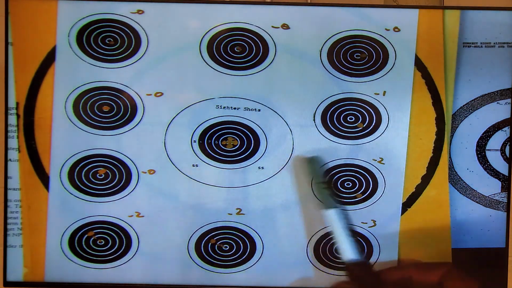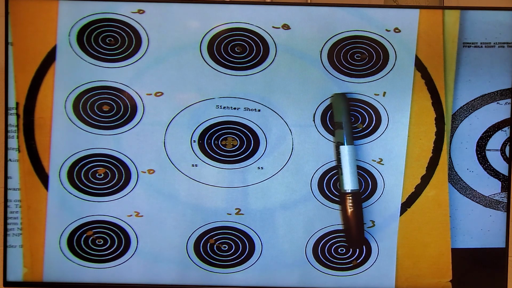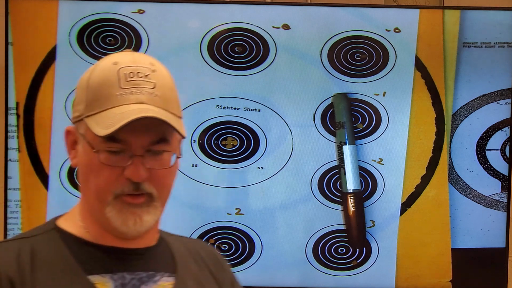All right, but that's what you need to do: pay attention to your target and fix it as you see problems developing. All right, we went over a lot of stuff in here today. We went over calling your shots, we went over adjusting your sights, the mechanics of your sights, we went over